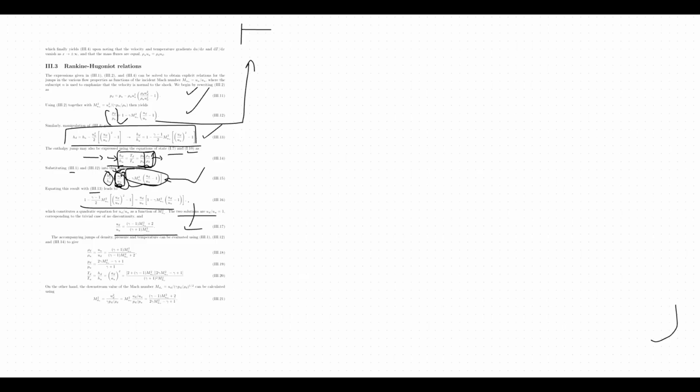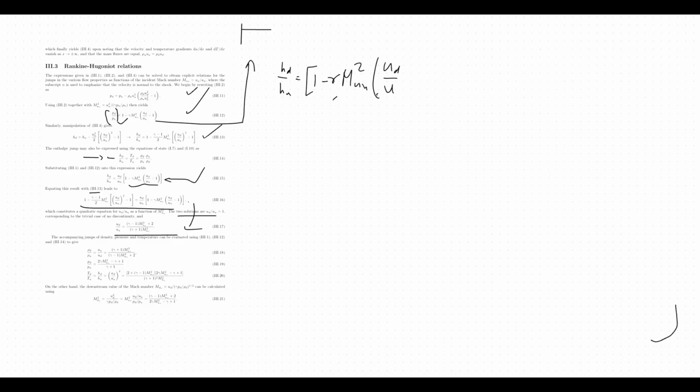Okay, so first of all, we have our equation again: HD over HU, right? Which equals, let me erase this, I can't really read that. Which equals 1 minus gamma Mu N squared, parentheses UD over U minus 1. I think that's wrong. It's supposed to be UD over U. So with that said, the other side says